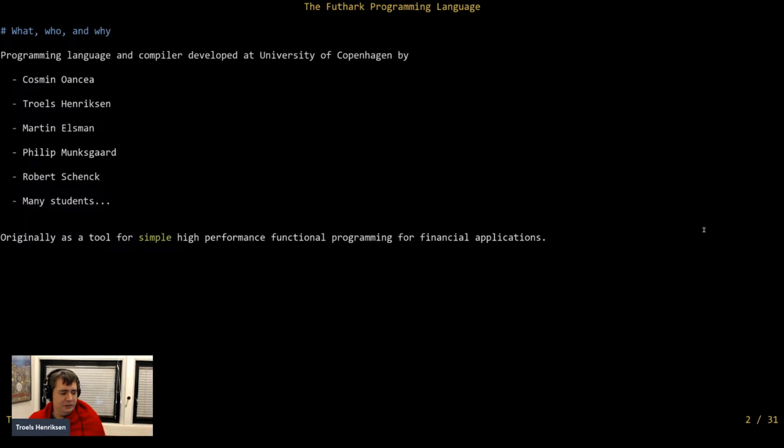But the outcome of that was that we found that there wasn't at that point a language that was high level enough that a domain expert who was not a hardware expert could use it, and that was also fast enough to compute what things are worth before the regulators came and asked what they were worth. So that was interesting, and we did that by kind of reverse engineering GPU kernels. We wrote some low-level GPU code for various financial problems, and then we thought about how a compiler could have generated this code, and how the input language of that compiler should look in order for that compiler to work out, and that eventually became Futhark.